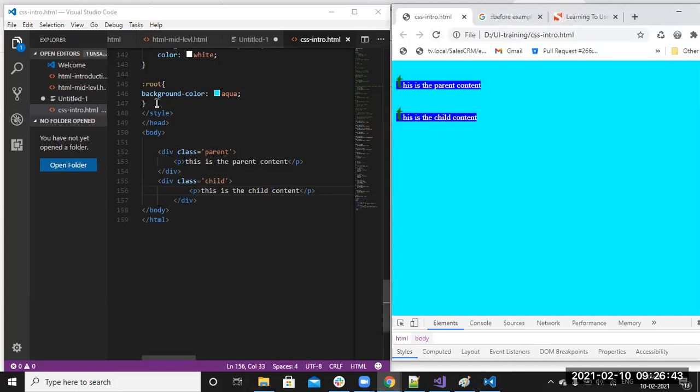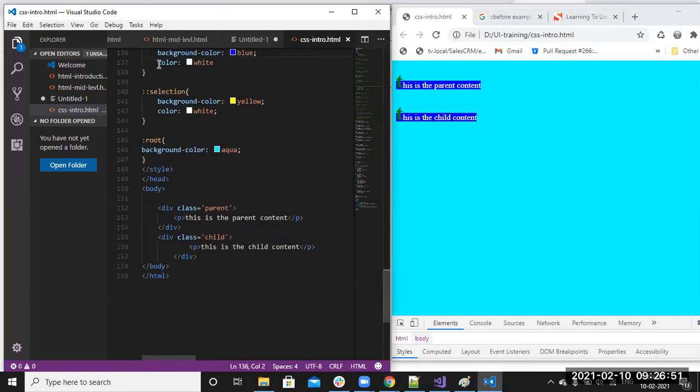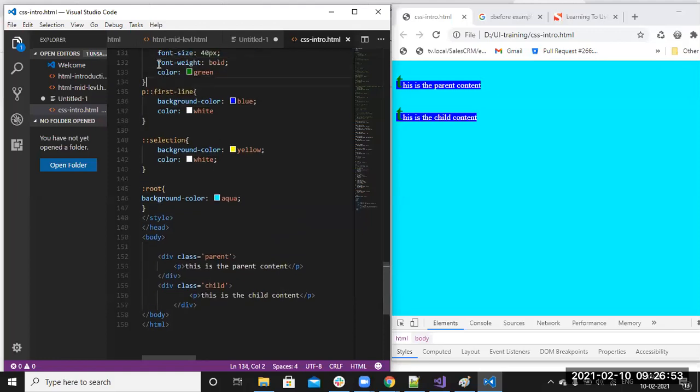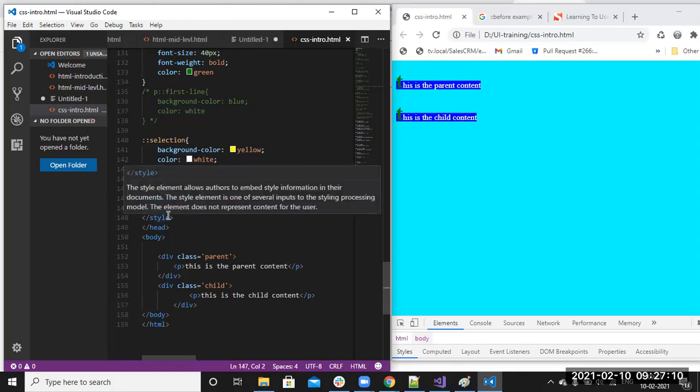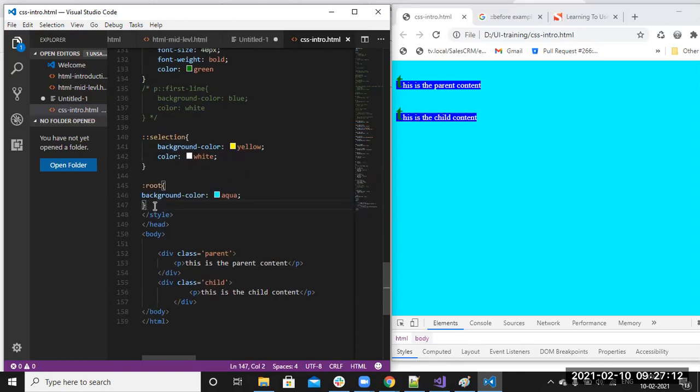So still root is there, right? The background color is aqua, because of that we got that. And for the paragraph, we have written these selections, right? So this first line background color, the selection and root, commenting out, no problem.